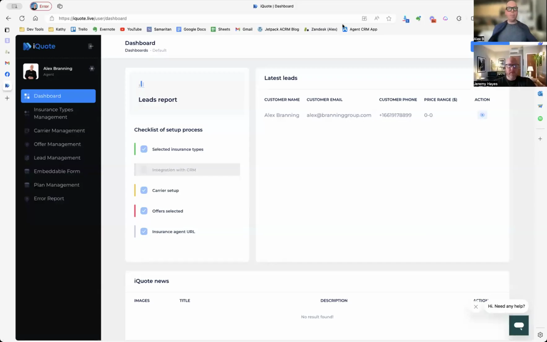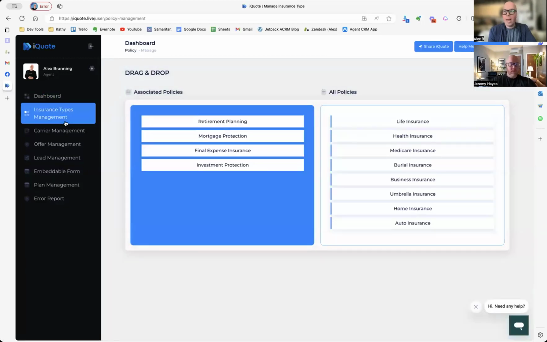Okay, all right, so first I'm just going to show you the iQuote back office. You have your latest leads show up here, and then you can manage what insurance products you offer. It's simply a drag and drop. Here's all the ones that we have set up right now. Here's the ones that in my test case I'm offering to my prospects: retirement planning, mortgage protection, final expense,